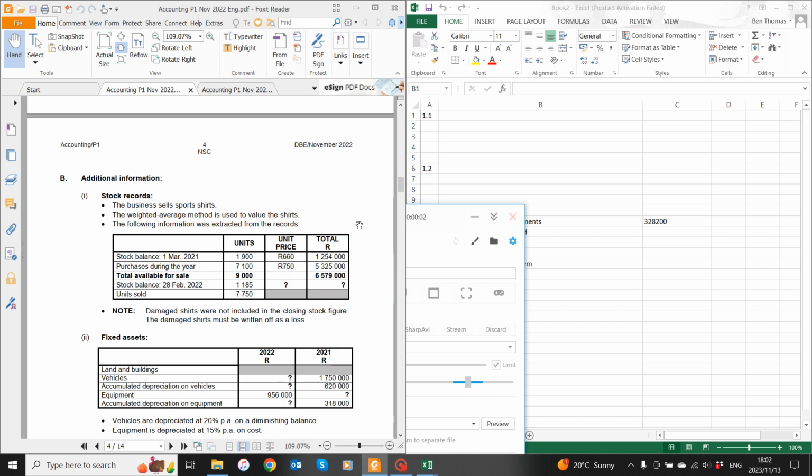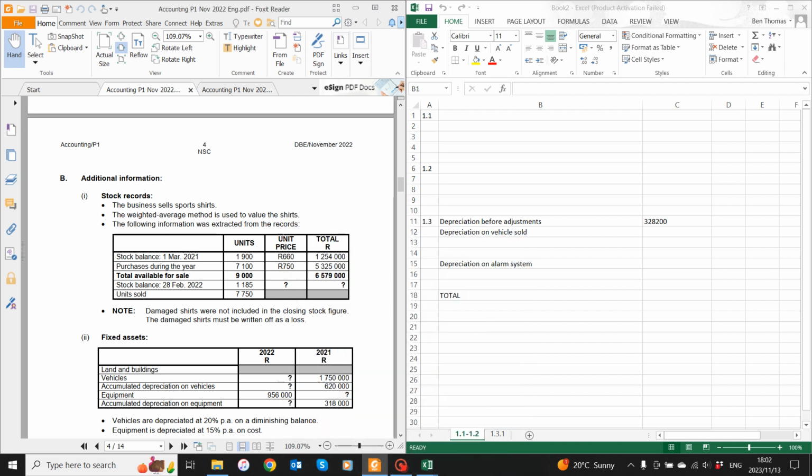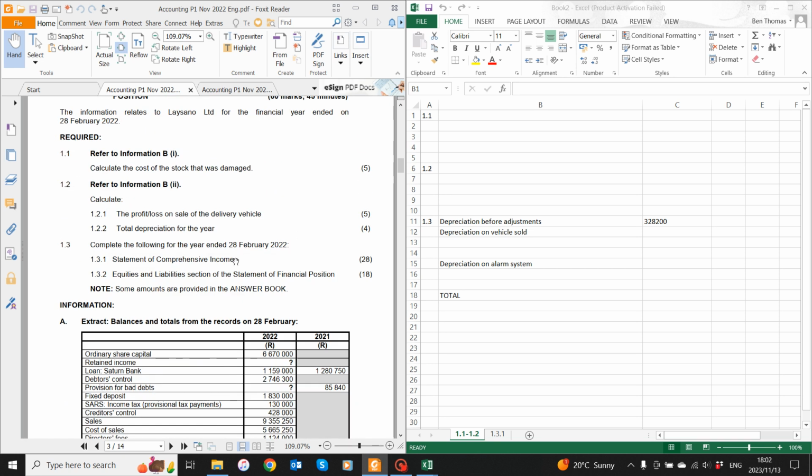Okay, guys, we're going to do 2022's November paper 1 accounting grade 12, and we're actually going to do the income statement, which is 1.3.1. But before we get to that, I want to complete 1.1 and 1.2 because we're going to need that information. So let's start with 1.1, calculate the cost of the stock that was damaged, and 1.2 profit or loss, and